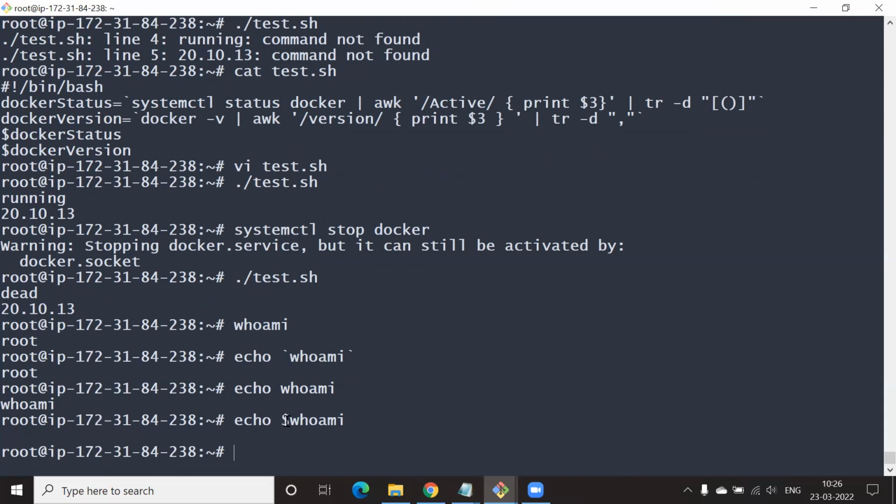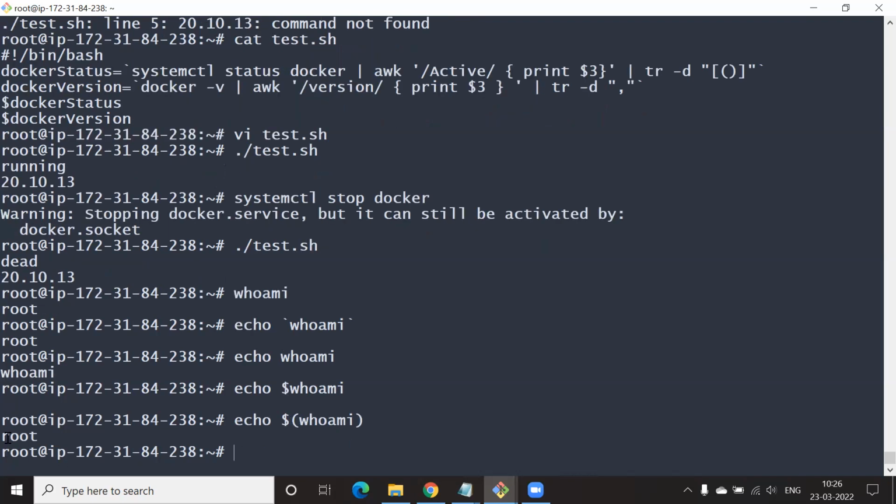So why are we not printing? Still not taking it as a command. We need to pass the bracket. Good. Yeah. Good answer.